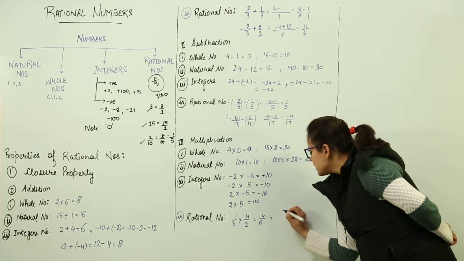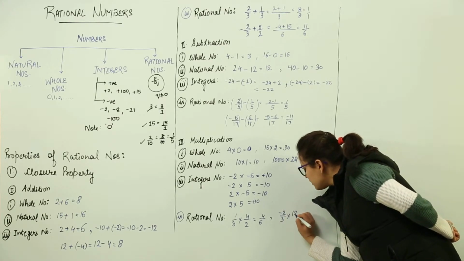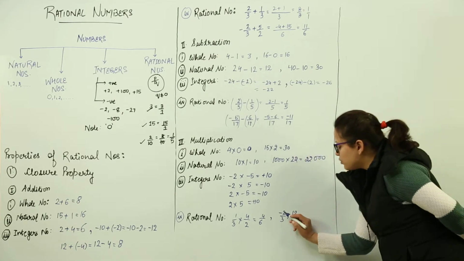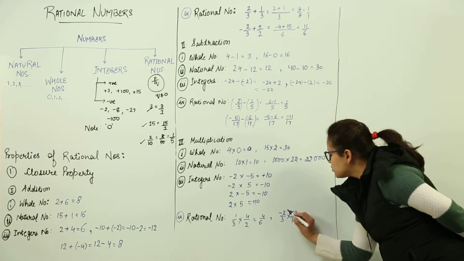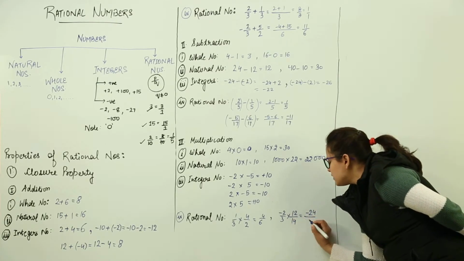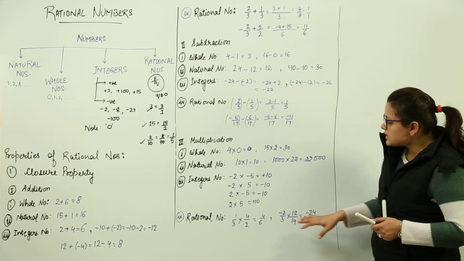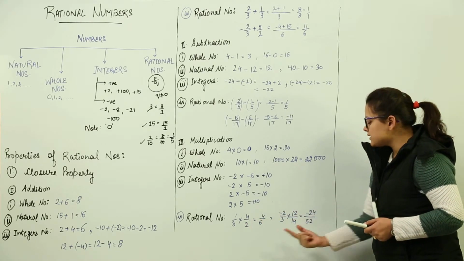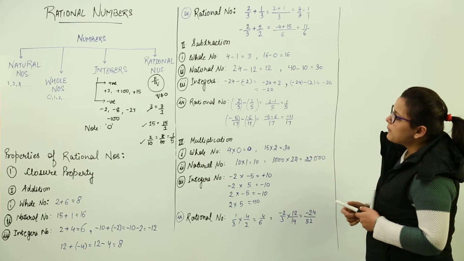Another example, say I am taking minus 2 over 3 multiplied with 12 over 14. What do I get? You multiply the numerator with the numerator and the denominator with the denominator. So when you multiply minus 2 with 12, you will get minus 24. When you multiply 3 into 14, you would get 52. Right? So here also we can see that when two rational numbers are multiplied, we get a rational number only. This was the case for multiplication.